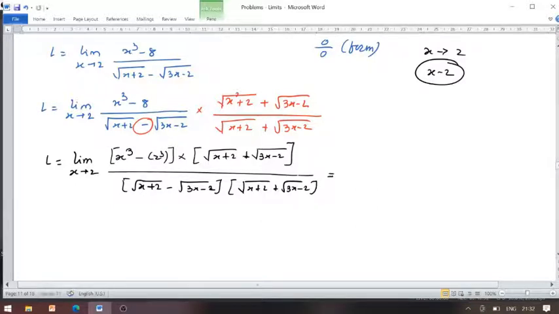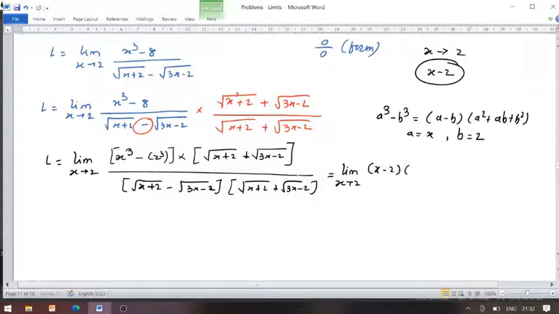Now look once carefully. In the numerator we have a cube minus b cube. So the factors for it are of the form (a minus b) into (a square plus ab plus b square), where a equals x while b equals 2. So let's replace a and b by their values. We get limit as x tends to 2 of (x minus 2) into (x square plus 2x plus 4) into that irrational function, root of (x plus 2) plus root of (3x minus 2),